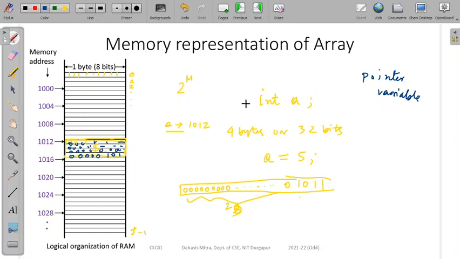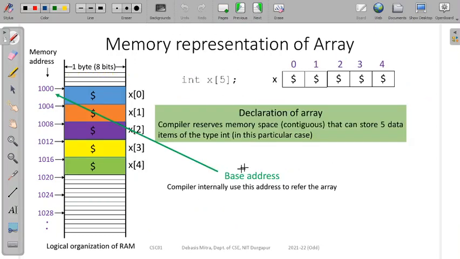So this is the way variables are represented internally inside memory. Now, how is it related to an array? Let's see. Now, when we declare an array like this, suppose for simplicity we are declaring an array of only size 5, what does the compiler do? Now it knows that it is not a single integer variable. It has to store 5 integer variables contiguously. So it reserves a space which starts from some location,